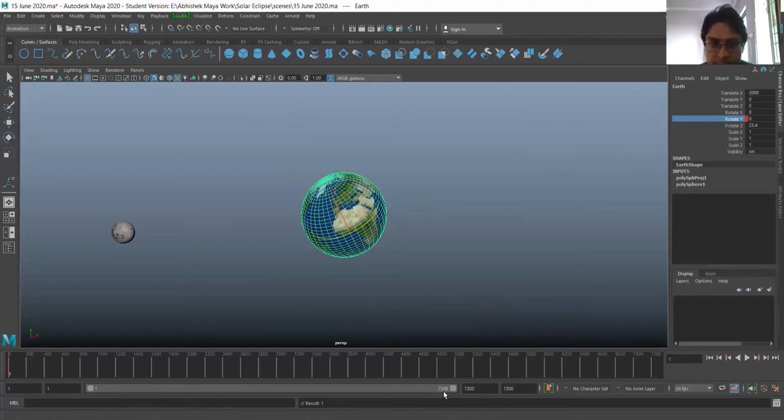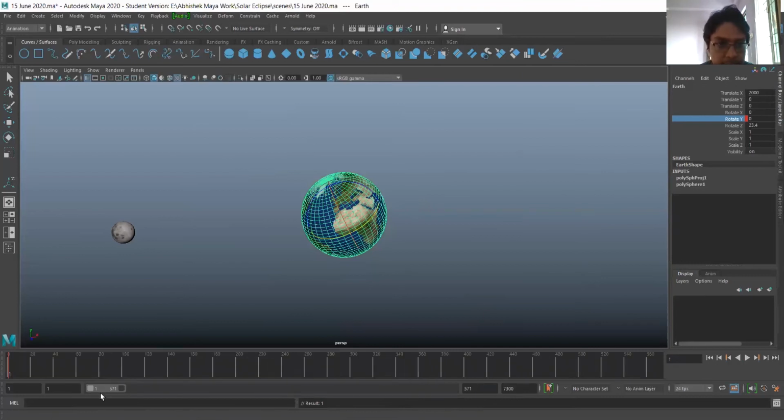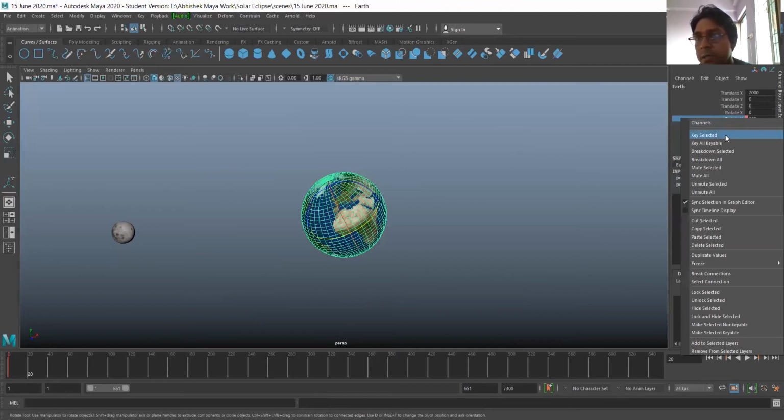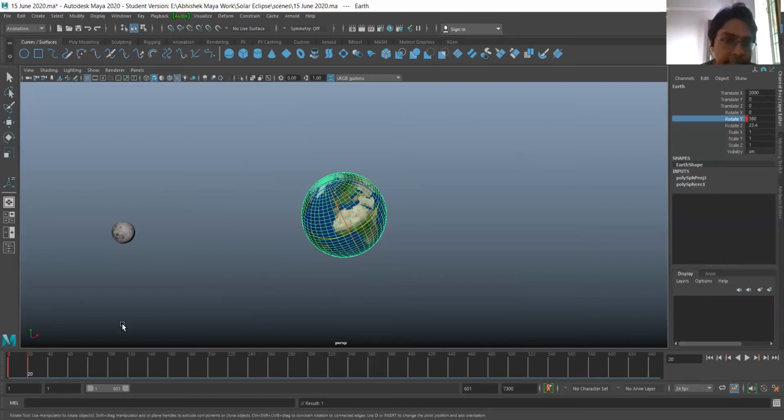Now let me come to the 20th frame, give the value 360 in rotate Y, and where rotate Y is written, right click on it and click on key selected. So we have two keys right now, one at 1 that is at 0 and one at 20 that is 360.